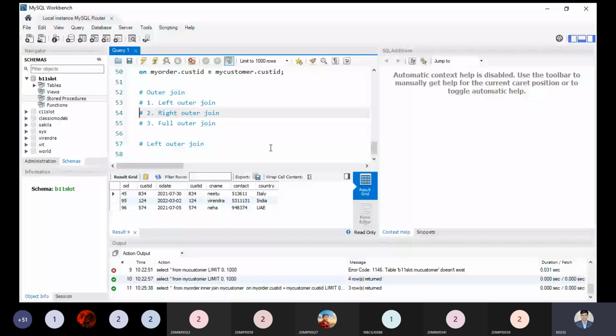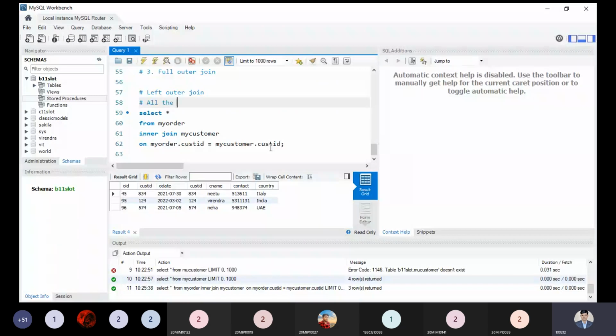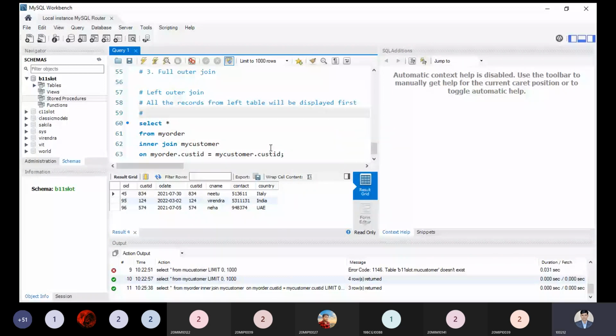But the point you have to keep in mind before writing the left outer join: all the records from the left table will be displayed first, and then the right table data.